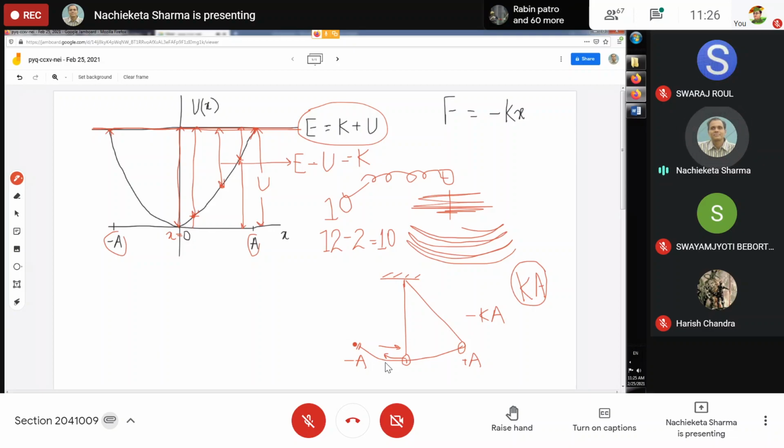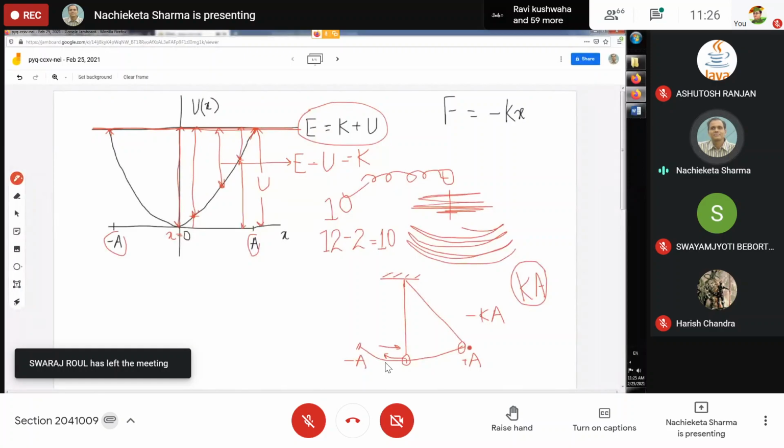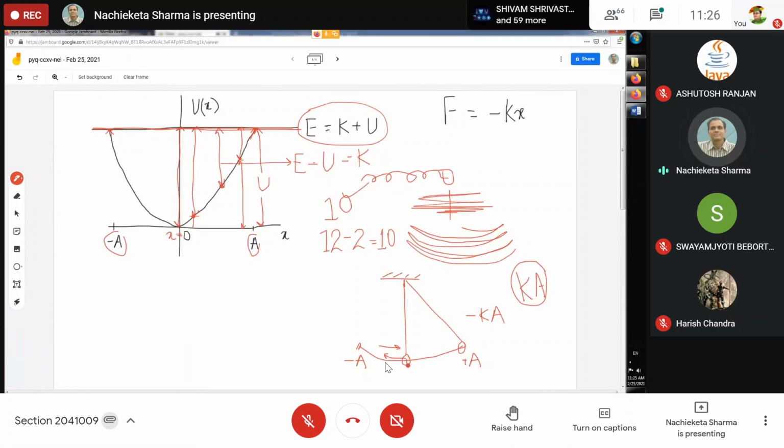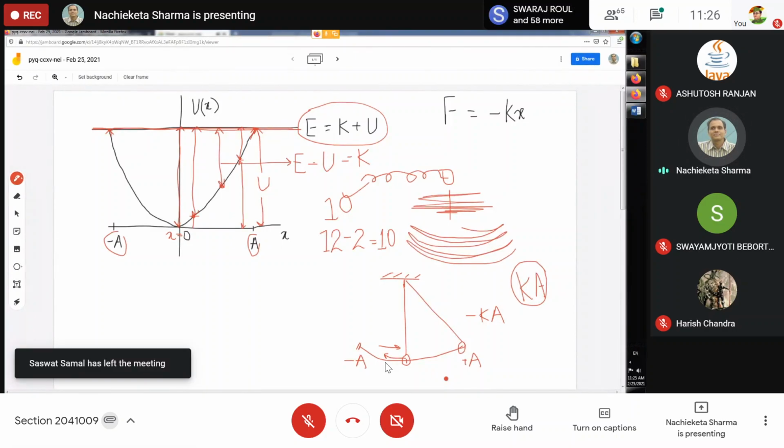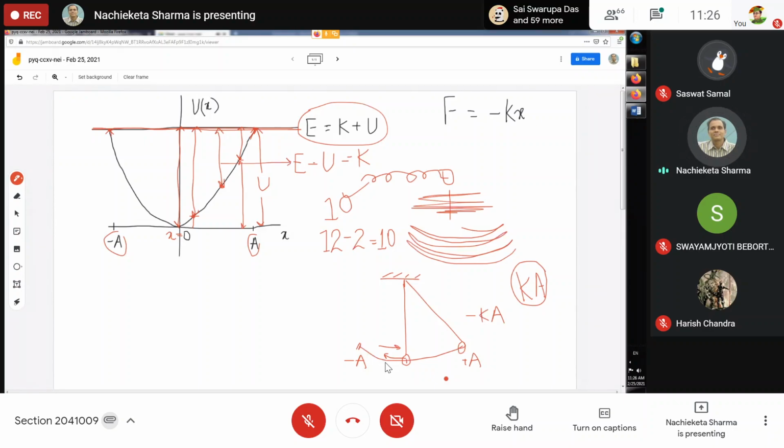Okay, so you see force maximum here, force minimum here, that means 0, speed maximum here, speed 0 here. So like this, all kinds of information you will get here. The potential energy U can never be greater than the total energy E, that we have already discussed. If it were, K would be negative, and that is impossible. That also we have discussed. The motion is a back and forth oscillation between the points x is equal to A and x is equal to minus A. Why it is going to be a back and forth oscillation, I have told you.